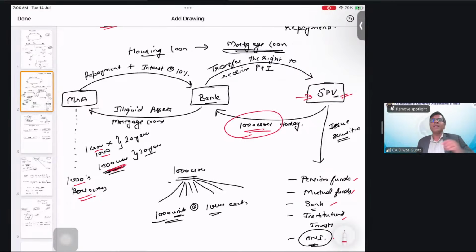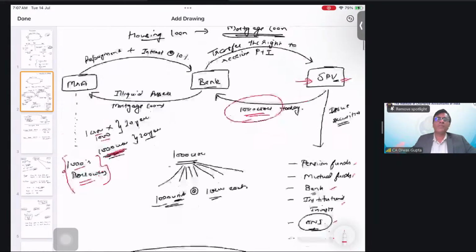So with this, ultimately, the borrower's position remains the same. There is nothing. They have borrowed and they will continue to repay the principal and interest. Correct? But for the bank, the position changes because for the bank, the transfer of the loan has happened to the SPV. And if we talk about SPV, then SPV has also structured this transaction by taking the securities proceeds